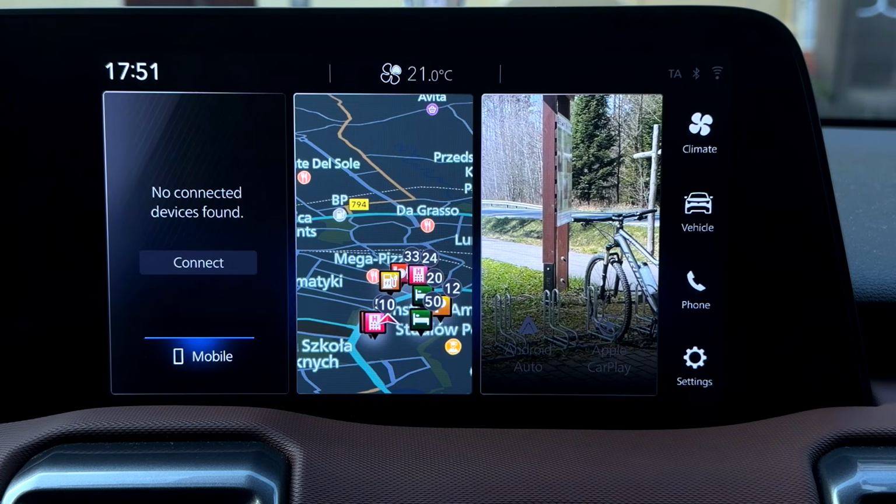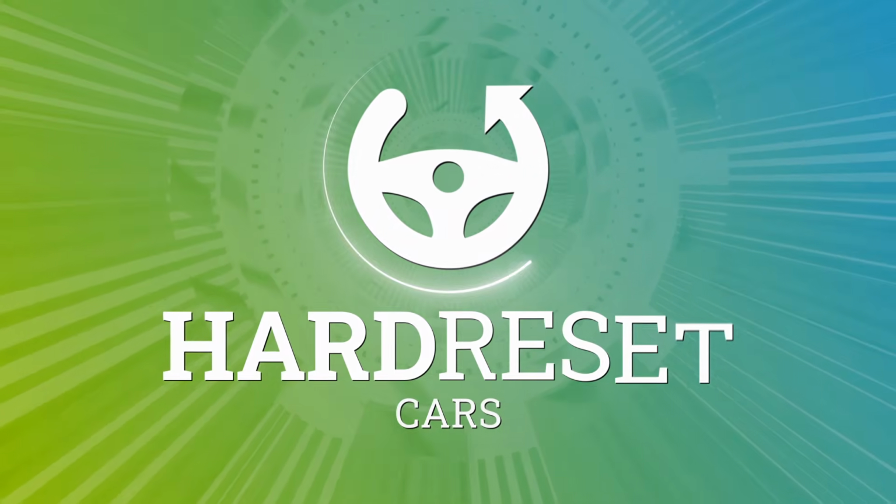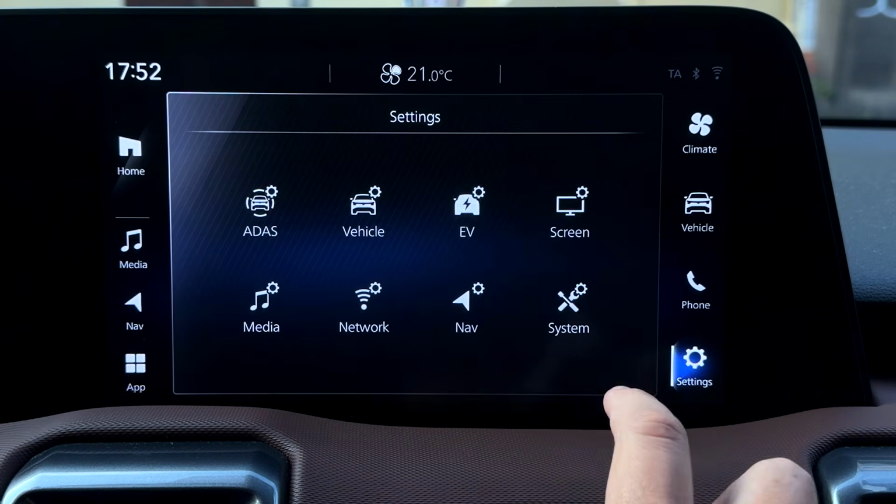In today's video, I'll show you how to easily change the car language on your Suzuki. So I'm in a Suzuki eVitara. Now what we're going to do is go to the settings, and in the settings, go